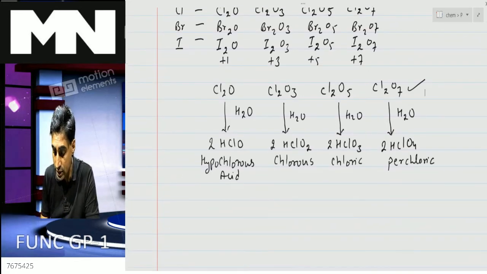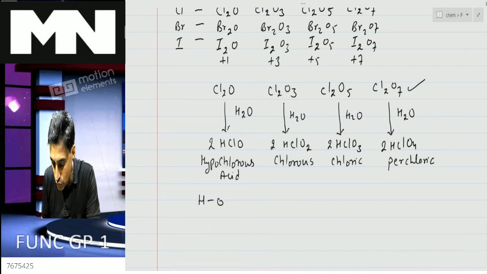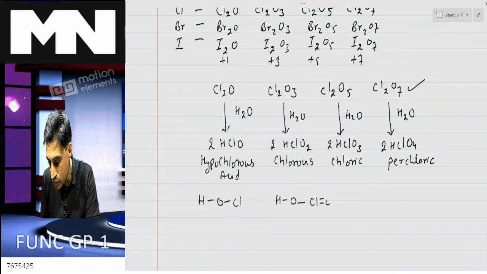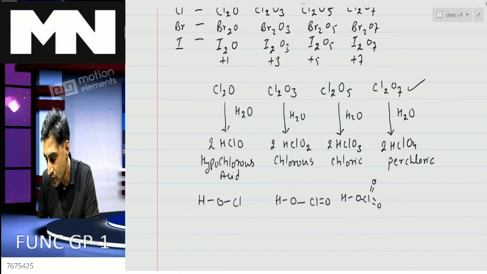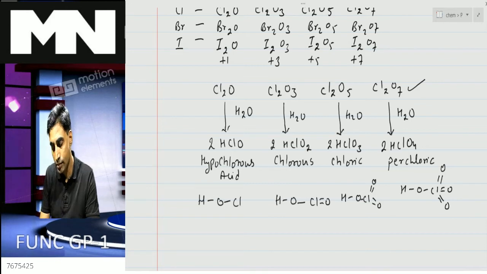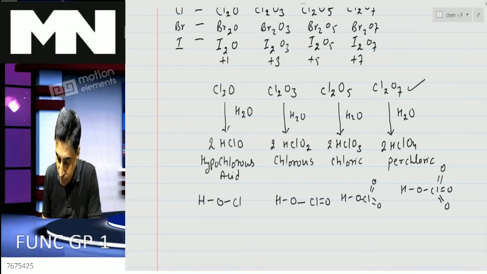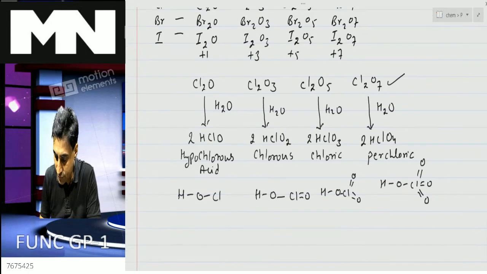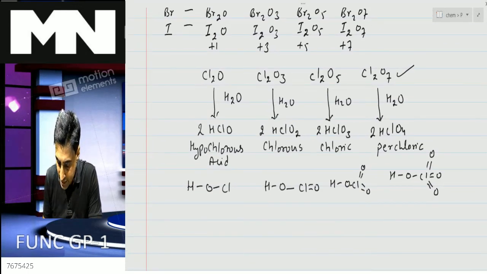Well, if I talk about these acids, their structure is like this: HOCl. Here it is HOCl with a double bond O. Here it is HOCl with a double bond O, and here you have a single bond. In this case, it is HOCl with a double bond O, and a double bond O. First point, we'll take in consideration the -I effect